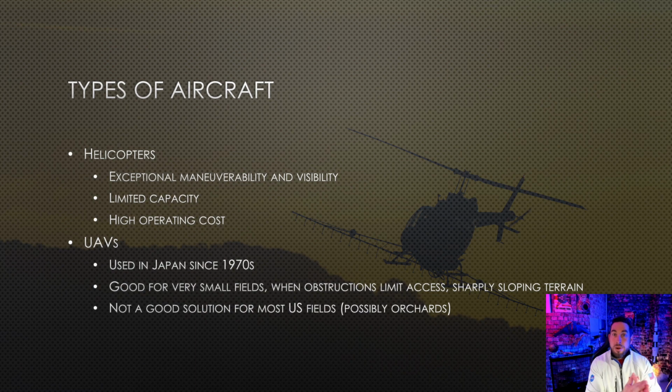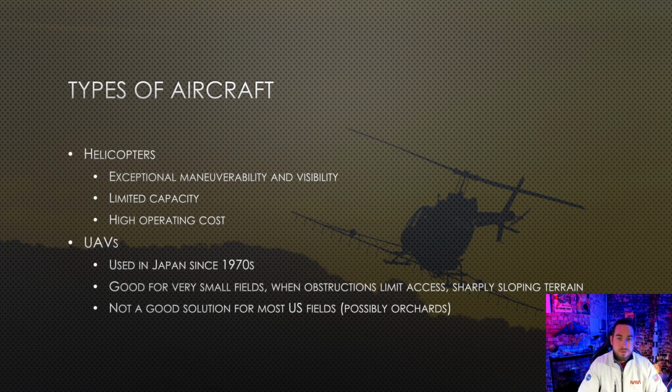There we go. So fixed-wing aircraft are the most commonly used aircraft to deliver the stuff. You do see some helicopters used occasionally. Helicopters give you fantastic maneuverability and visibility. I mean, you can stop on a dime, you can turn, you can go pretty much anywhere with these things. The big issue that you run into, though, is the payload capacity is very low. It's a lot less than it is with aircraft, and it costs a lot more to operate a helicopter versus